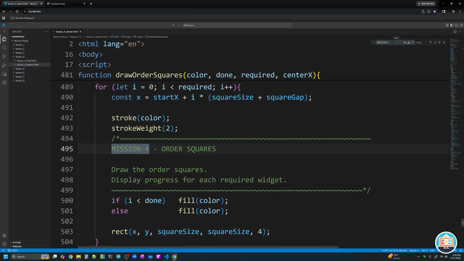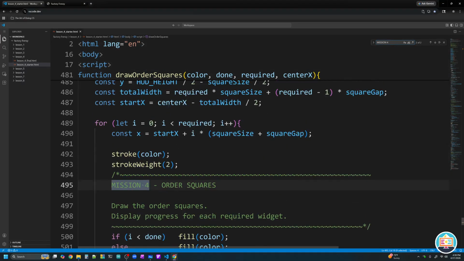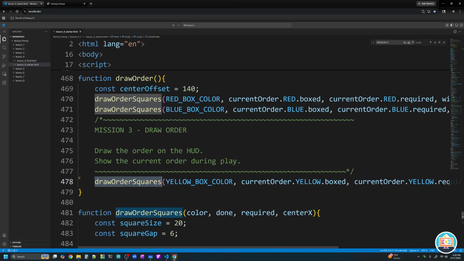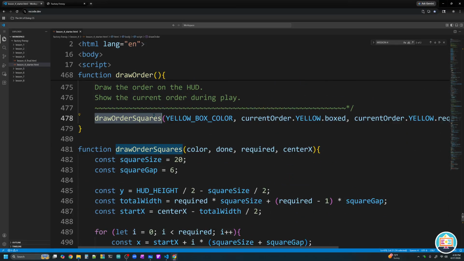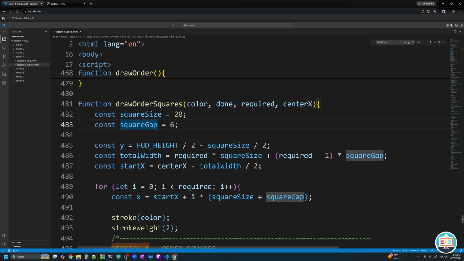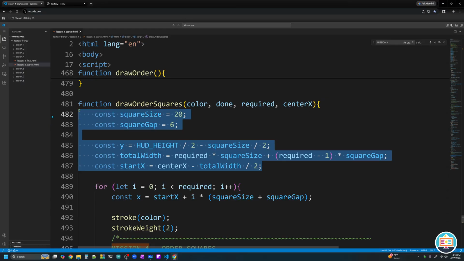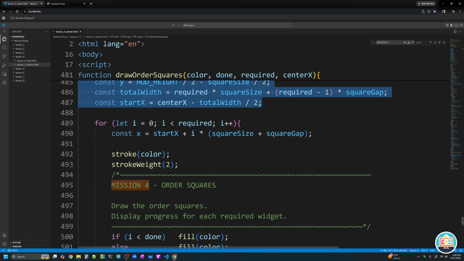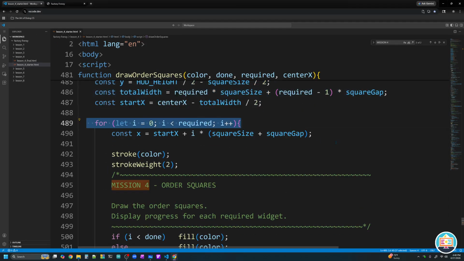Let's see. All right, so mission 4 puts us in that function that we were just calling, draw order squares. So we just called it for the yellow box, and it was already done for us for red and blue. So in here, what are we doing? Well, it looks like we're getting a bunch of variables for positioning. So all of those variables that I'm highlighting here are to help us position where these little boxes have to be drawn. And then we're looping through our